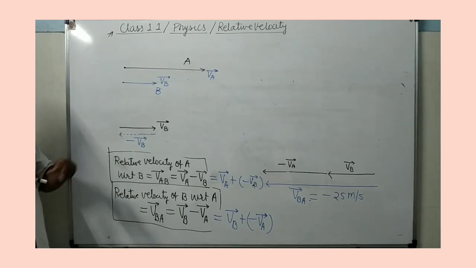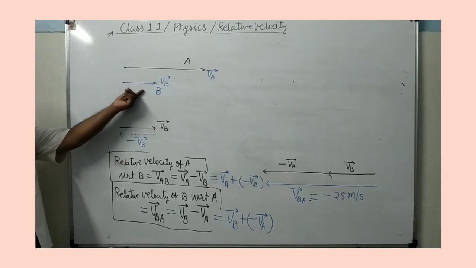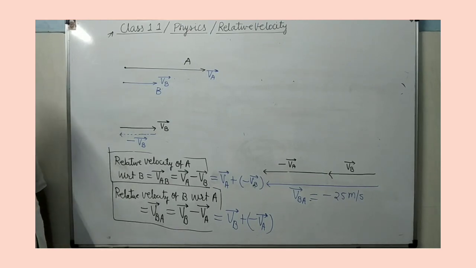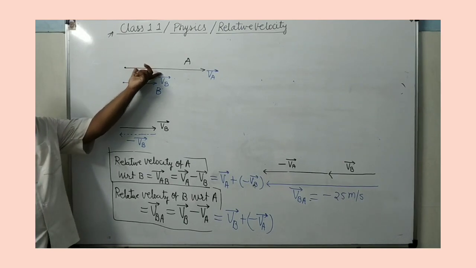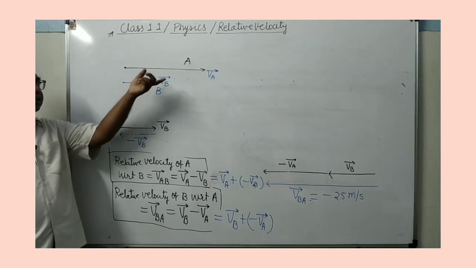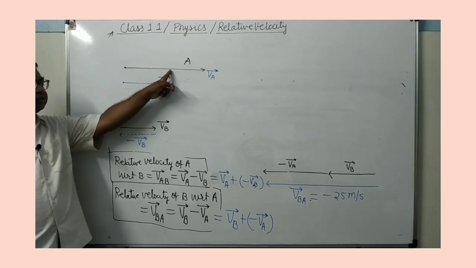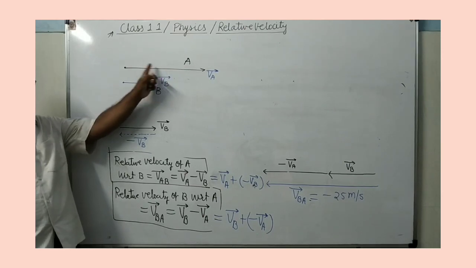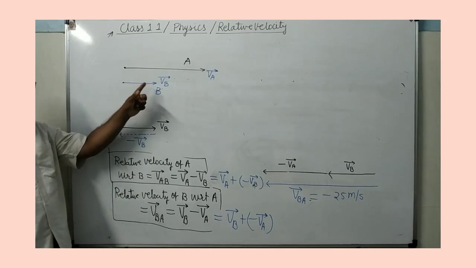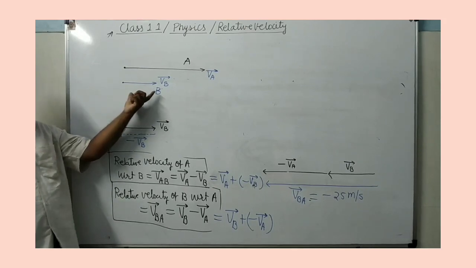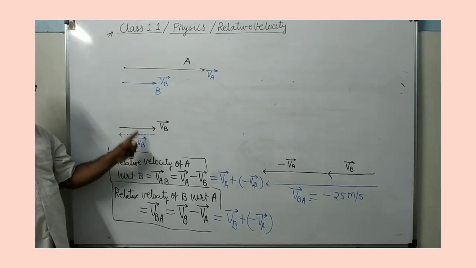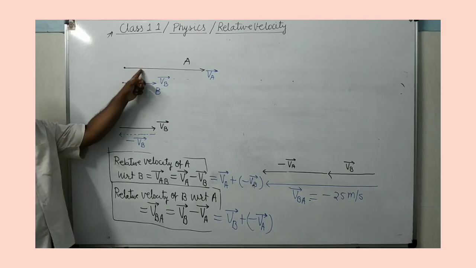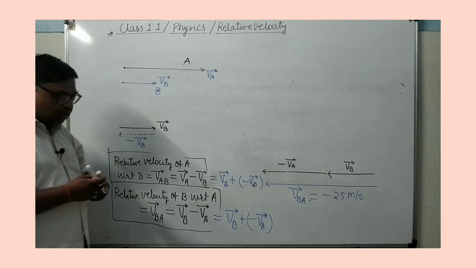It's clear? You can see here, its velocity is vector VB. If you add negative vector VB here, what will happen? Its velocity will become 0. So since you are adding here, so you will add here also. Because this you are doing for what purpose? In order to determine its displacement, relative velocity with respect to B. You have to make the velocity of B 0. How will you make the velocity of B 0? By adding negative vector VB here. It's clear? So you will add here also, and when you will add here also, what will you get?